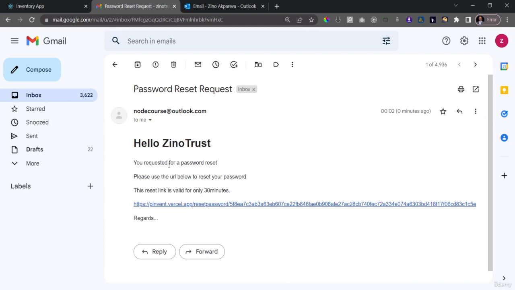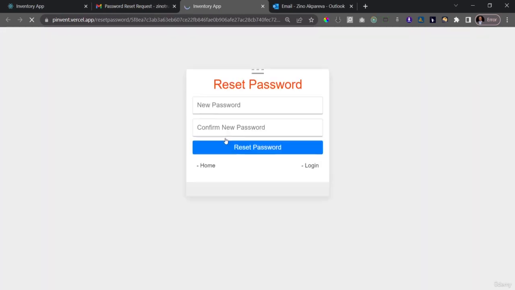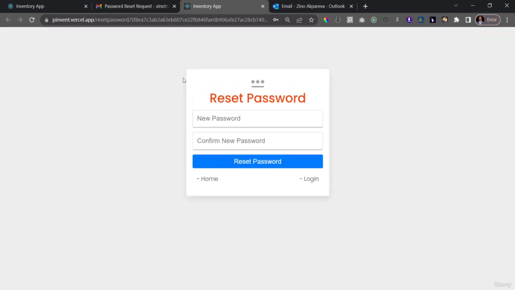And right here, you see we have, you requested for a password reset. Please use the URL below to reset your password. This link is valid for only 30 minutes. This is what you classically see when you use big applications out there. You're going to learn how it works. So if I click on this guy here, right, it's going to open the page, and you see we get this